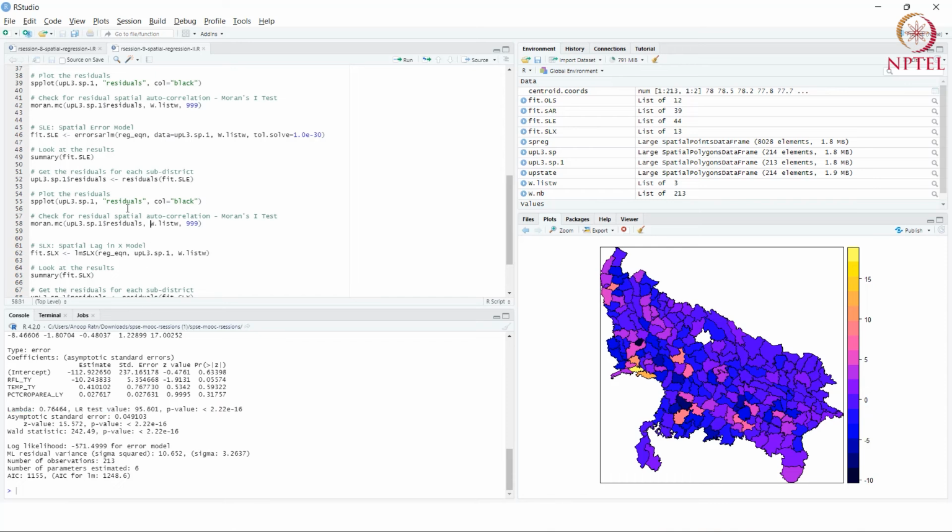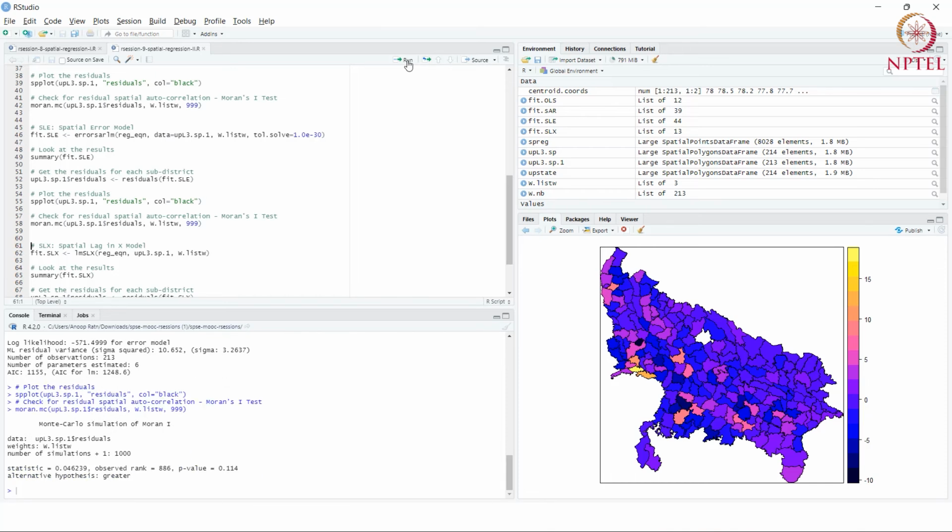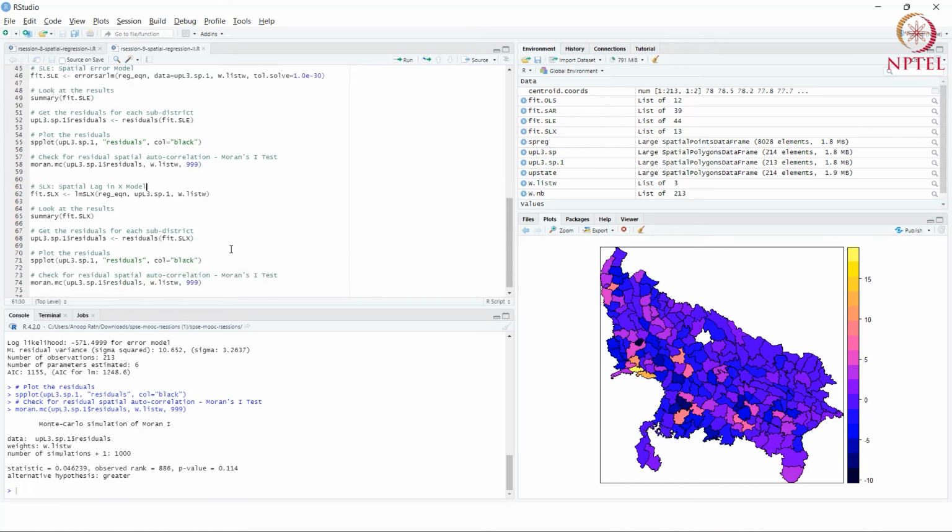So let's see what the Moran's I for that is. Let's plot the residuals, and let's see the Moran's I. So the Moran's I is again not significant, and it's close to 0. So that model also helps us. It somehow helps us to capture spatial autocorrelation more than the ordinary least squares model. Now we can run